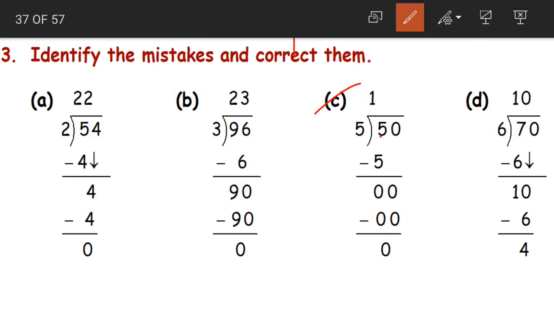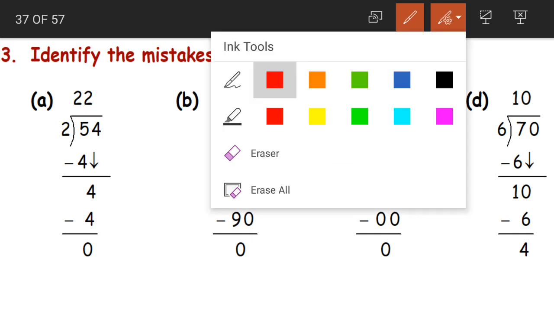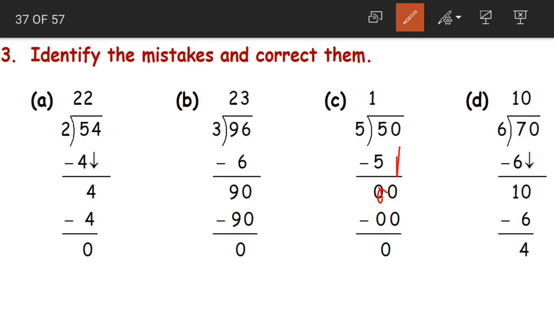Next question C. 50 divided by 5. Again, from where should we start dividing? From the tens place. 5 divided by 5. We know that 5 ones are 5. So this is correct. And then when we subtract, 0 will be remaining. Then bringing the other digit down, that is 0. Now what should we do here? We are having 0. Yes, this is not the final remainder. This 0 has been brought down. So children, what should we do? We should divide. We have 5 zeros are 0. Yes, 0 should be written in the quotient and 0 should be written below our brought down 0.